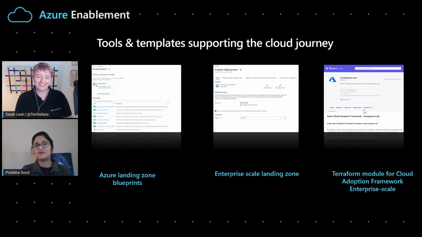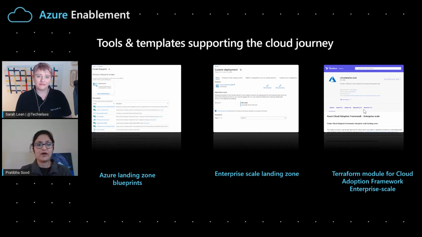And lastly, we have tools and templates to support Azure landing zones, which help customers prepare their cloud environment. Azure landing zones have different implementation options, and I believe we'll be talking more about that in later episodes as part of the series. But along with the implementation options, the guidance and the documentation, we've actually created tools and templates to deploy those landing zones into Azure, making it faster for our customers to